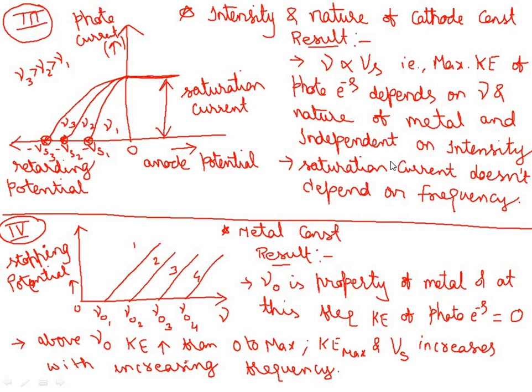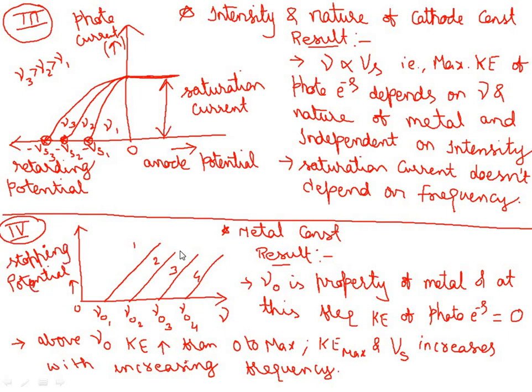And one more point is that saturation photocurrent, which is the maximum current, doesn't depend on frequency. Did you notice that here? Even if you are changing the frequency, the saturation current came to be the same. The maximum value for all the 3 is the same. So saturation current doesn't depend on frequency. On what factor does it depend? Intensity, right? And that is what we made constant. Did you notice? Okay. Now let's look at the fourth graph, which is the last one.